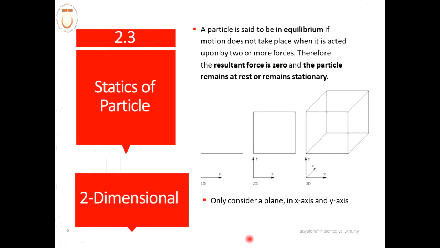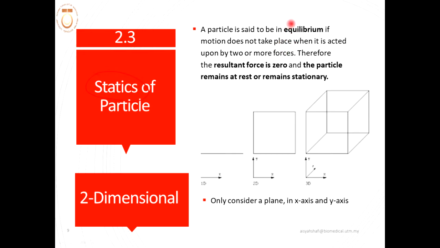Okay, now let's proceed with the third part of this chapter, that is statics of particle. This is the title of this chapter, statics of particle in two dimensions. What is the meaning of this? A particle is said to be in equilibrium if motion does not take place when it is acted on by two or more forces. So static here